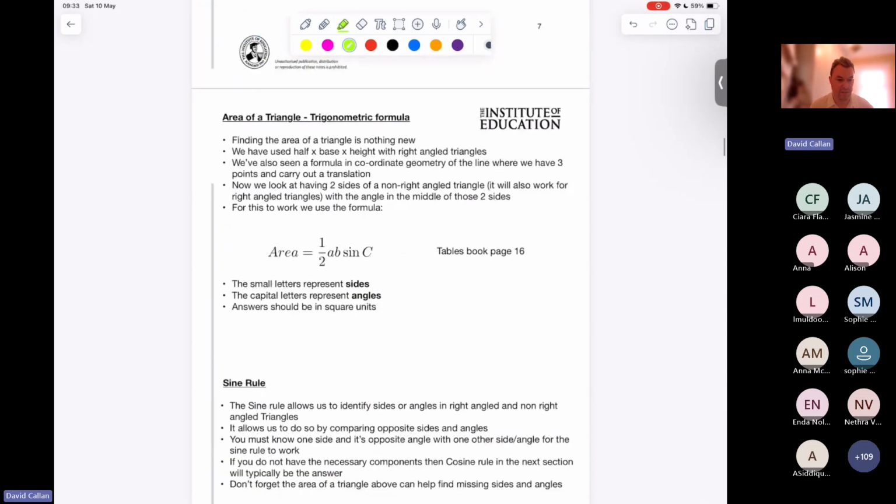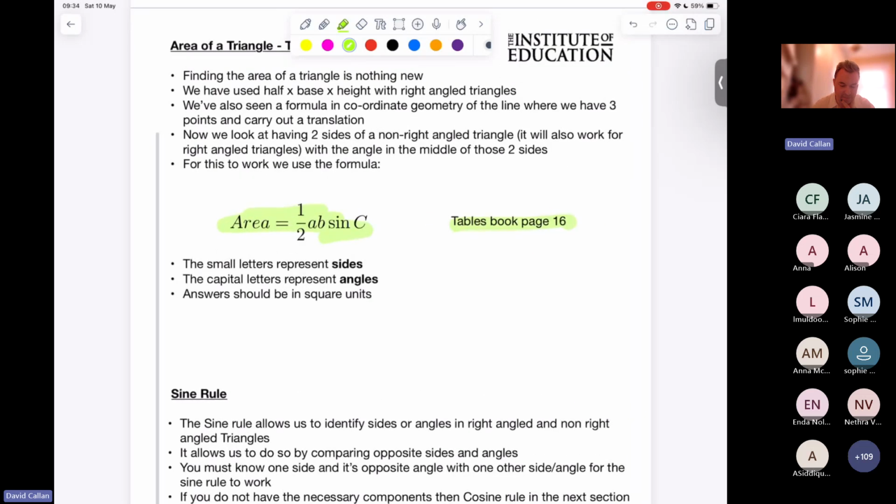Here I look at the area of a triangle. This little formula is in your tables book on page number 16. It's lovely there, and it helps you to find the area of a triangle, whether it's right angled or non-right angled. So it's very useful in all situations. Why do I want to stop and talk about this one, but just momentarily? Because what I want you to remember is, if you have seen it, and if you haven't,